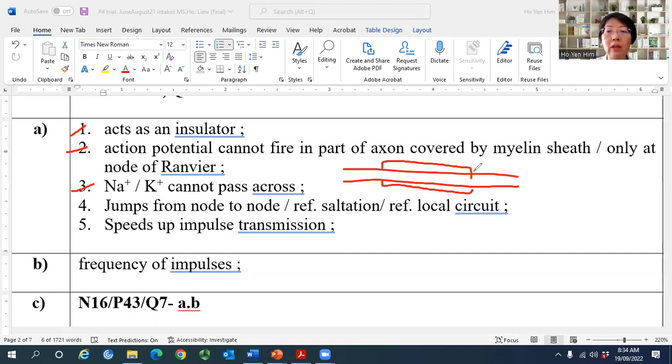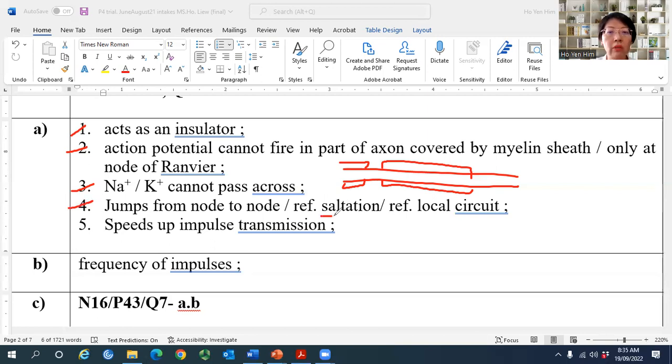So this entire region has no charge at all because the charges cannot pass across the membrane. So no charge difference can be built. Only the region not covered by myelin sheath, which is the node of Ranvier, allows sodium and potassium ions to pass through and therefore can create a resting potential or depolarization or action potential. So action potential can only fire at the node of Ranvier, and hence it will jump from node to node,